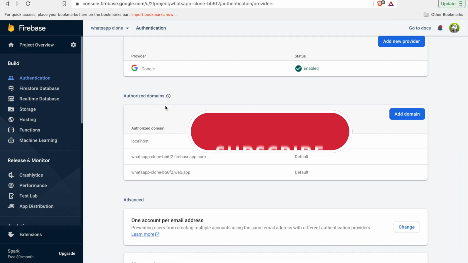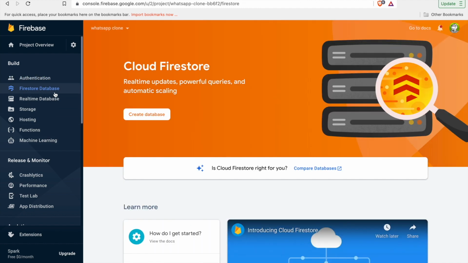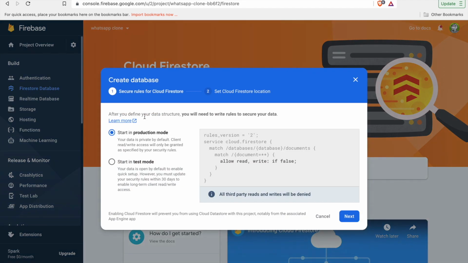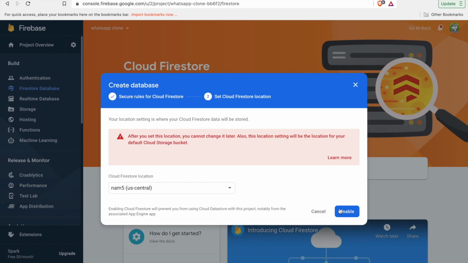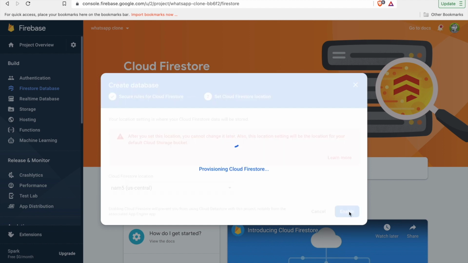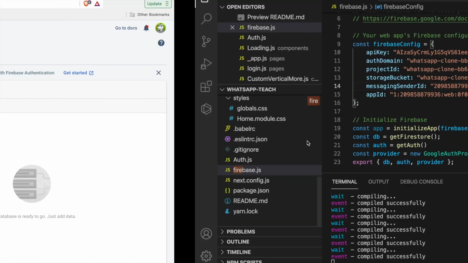In this part we want to store the user information to the Firestore, so we need to click to the Firestore database and then click create database. Otherwise we cannot set the user data to the Firestore, and then we click on Start in Test Mode, and then click Next, and then click Enable. So now we already started the Firestore, so we can go back to the auth.js,